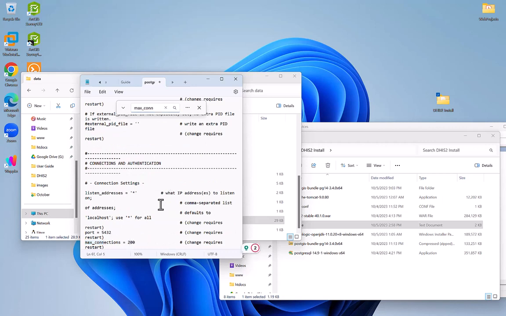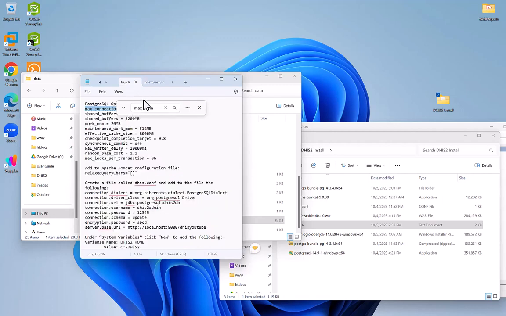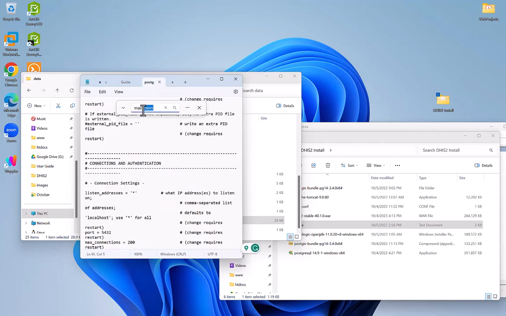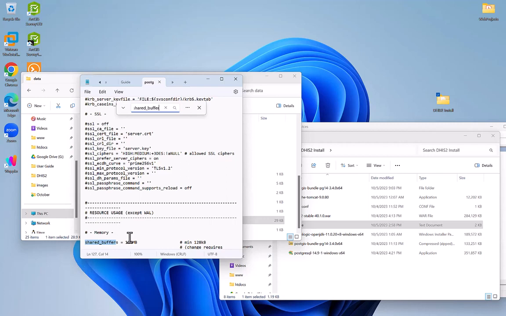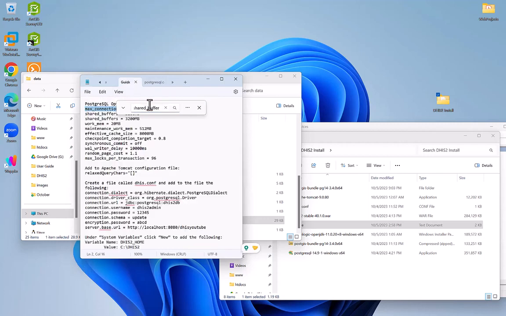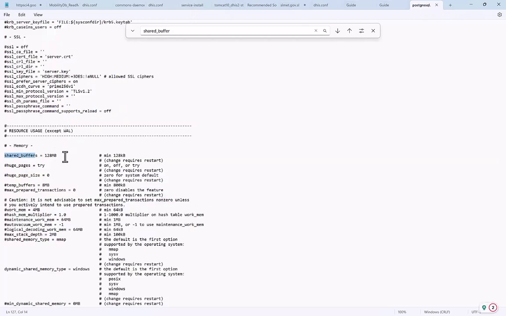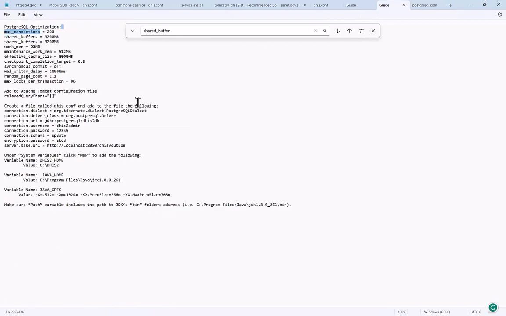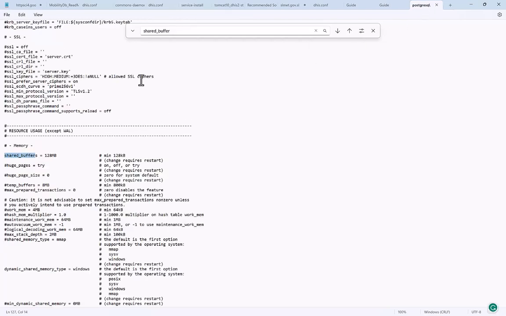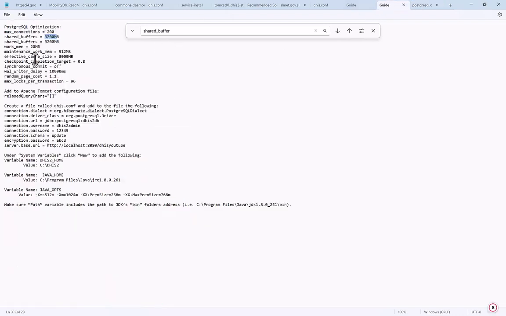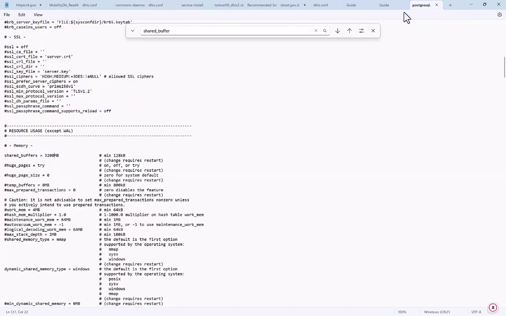Set this to 200, and the next one is shared buffers. Memory